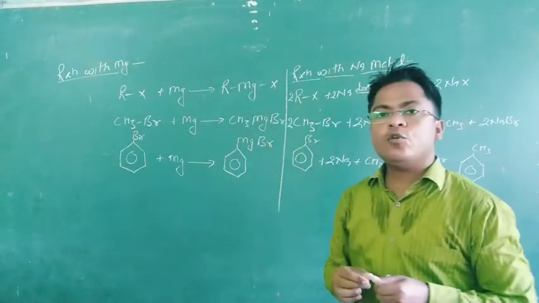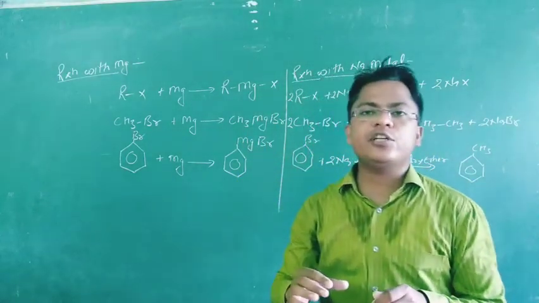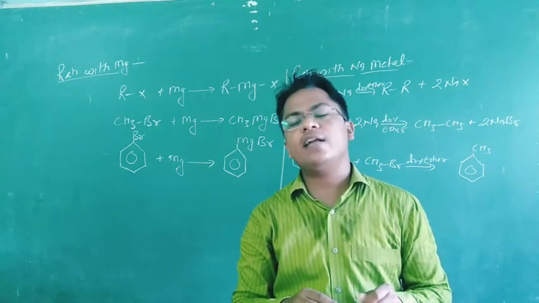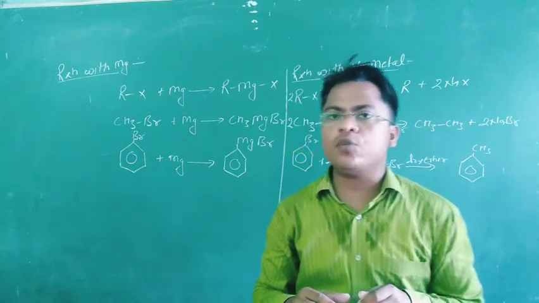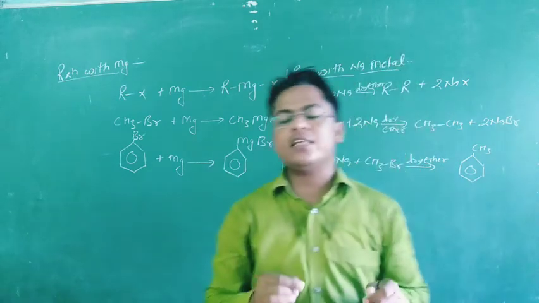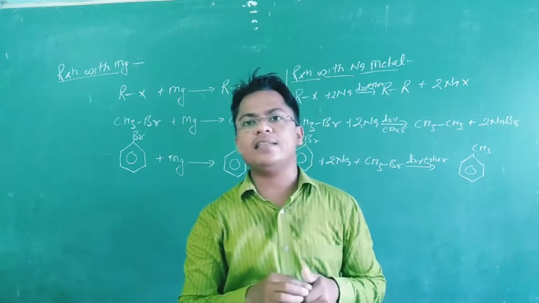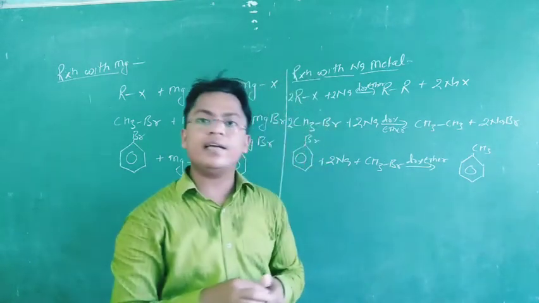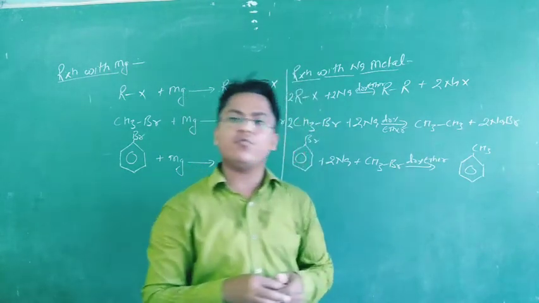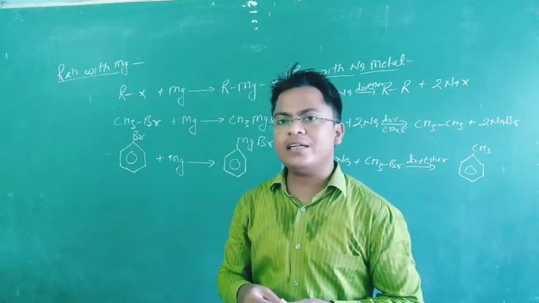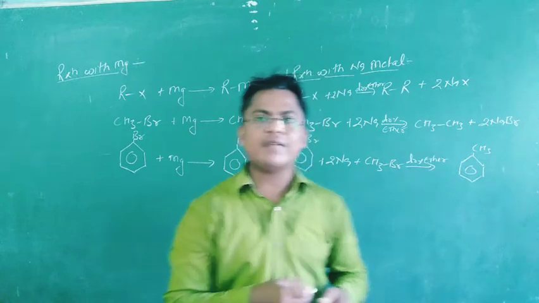When both molecules are alkyl halides, the reaction is called Wurtz reaction. When there is one alkyl halide and one aryl halide, the reaction is called Wurtz-Fittig reaction. When both are aryl halides reacting with sodium metal in the presence of dry ether, it is the Fittig reaction. This reaction is very useful to step up the carbon chain in different conversions. Okay, let's have some other reaction.